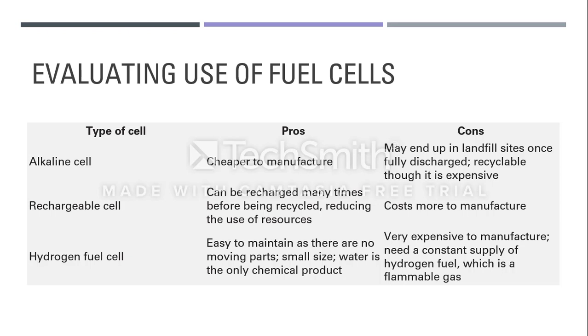And the cons are that they cost a lot to manufacture. Hydrogen fuel cells are easy to maintain as there are no moving parts, small in size, and water is the only chemical product, so it doesn't harm the environment. But the bad thing is they're very expensive to manufacture and need a constant supply of hydrogen fuel, which is a flammable gas and can cause